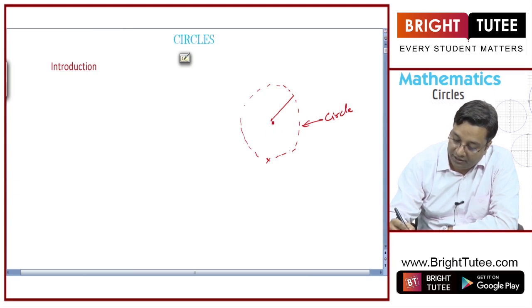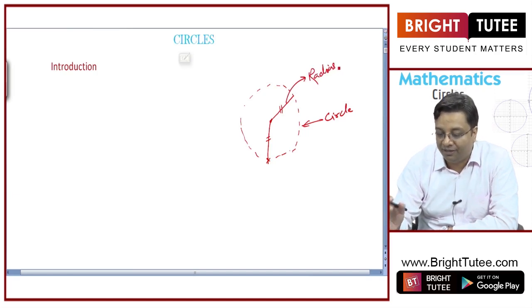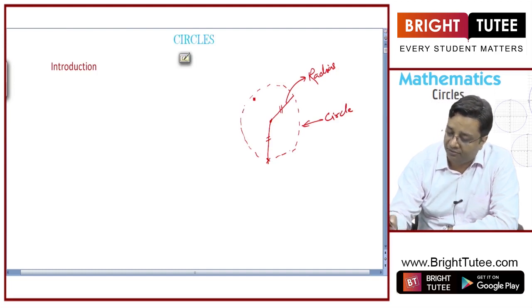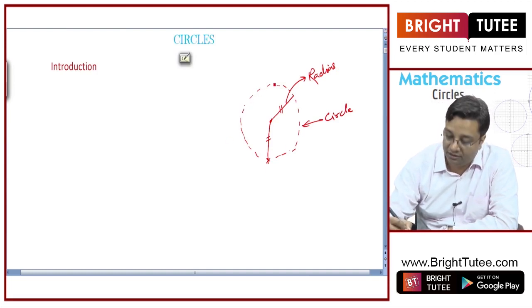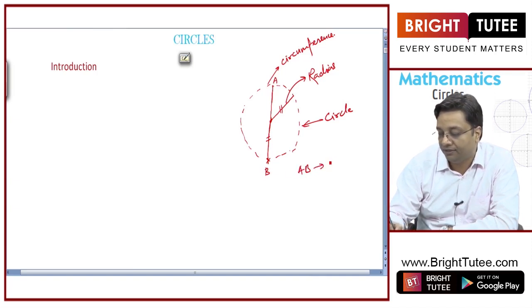Every point is equidistant from this point and this distance is known as radius, right? You are aware of the terminology used in circle. For example, the boundary of this is known as circumference, right? And this is radius. If I draw a straight line passing through the center, this is diameter, right? If I name it A and B, then AB is diameter,